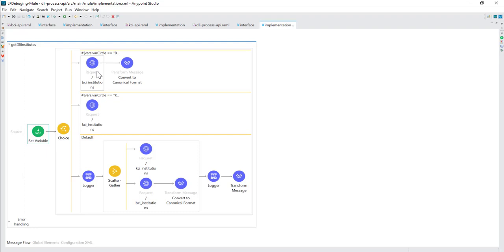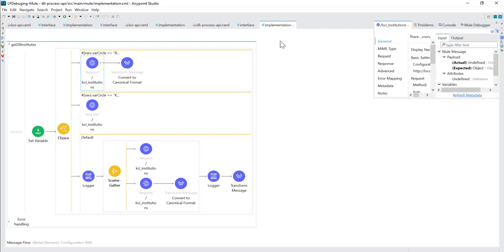See, here we are calling the system API using HTTP request. If you think, you can also use flow reference to call the system API. All right, so it is up to you how you want to achieve this, right? So here also for KCI, from the implementation of the process API, we are calling the system API using HTTP request, right?